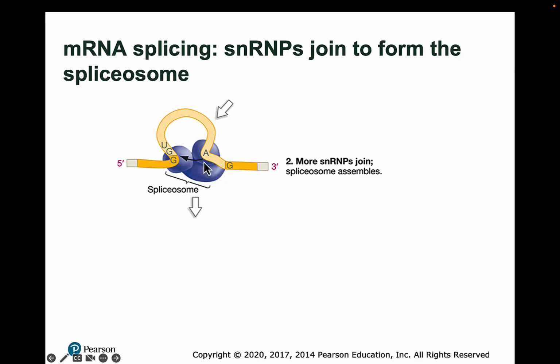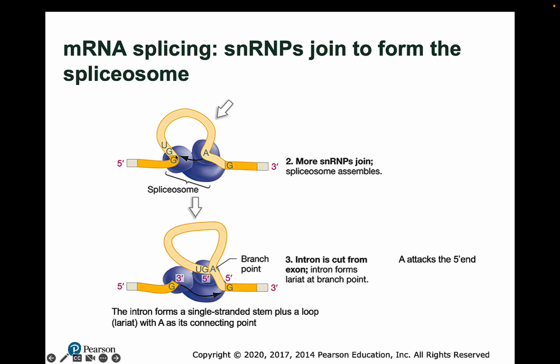And what happens then, so these come together, and this allows this A to attack the nucleotides over here at this boundary, this intron-exon boundary at the 5' end, okay? So this A attacks over here and breaks this phosphodiester bond, right here at this 5' intron to exon boundary. So the intron is cut right here from the exon,